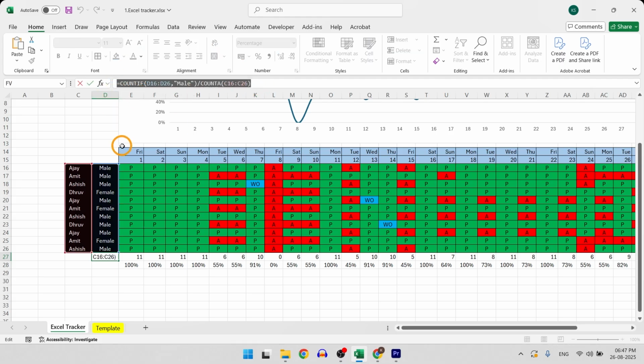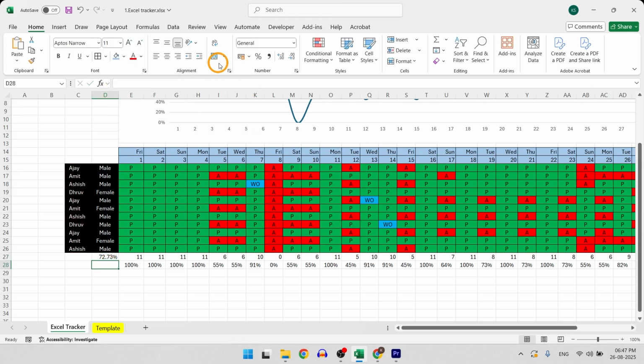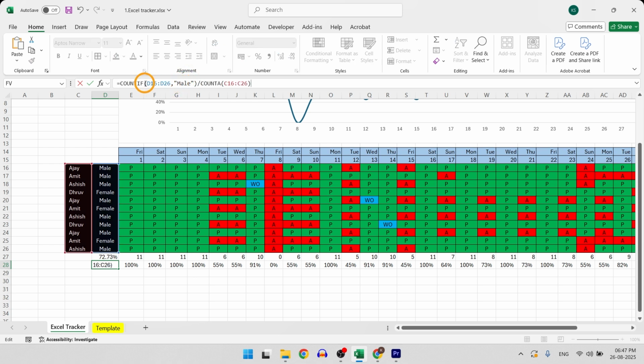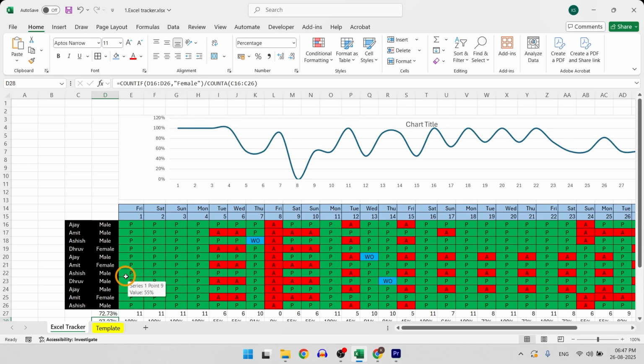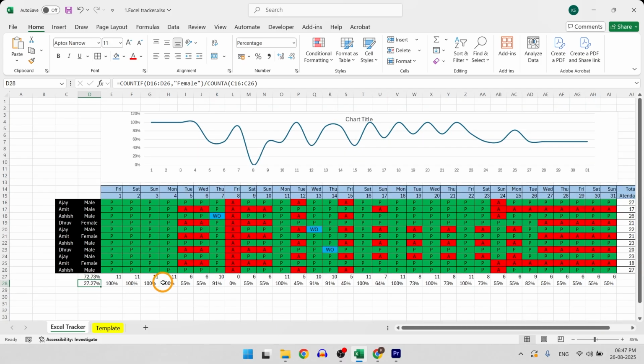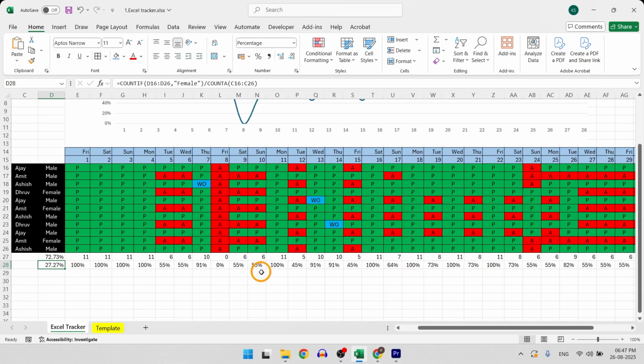Simply copy the formula, paste the formula in next cell and change the male to female because we are counting females. This gives us percentage. For example, here it shows 27% are female and rest are male. We can now turn this into a KPI card. But for now, let's make a chart.